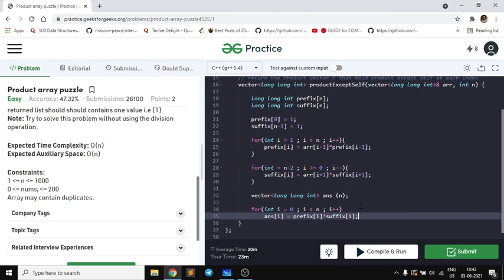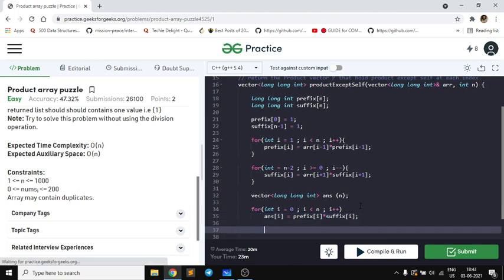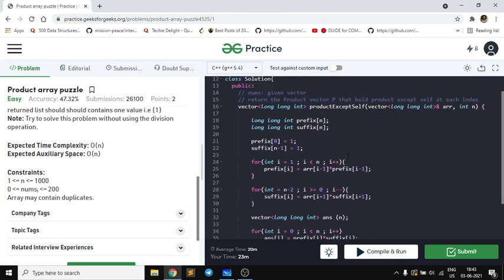So that's all, guys. After that I have to return my final answer. So that's it, guys. Let us now recheck our code, what we have done, because this step is very important after writing down the code. It is a good habit before submitting, so that you are sure that your answer is correct. For getting that surety, you have to inculcate a habit of rechecking your code once again.